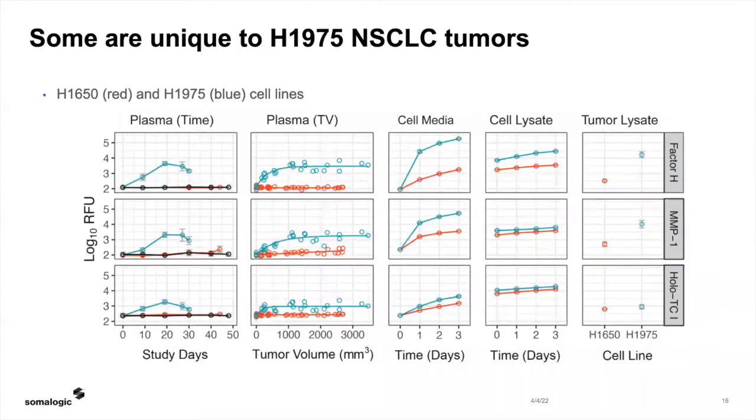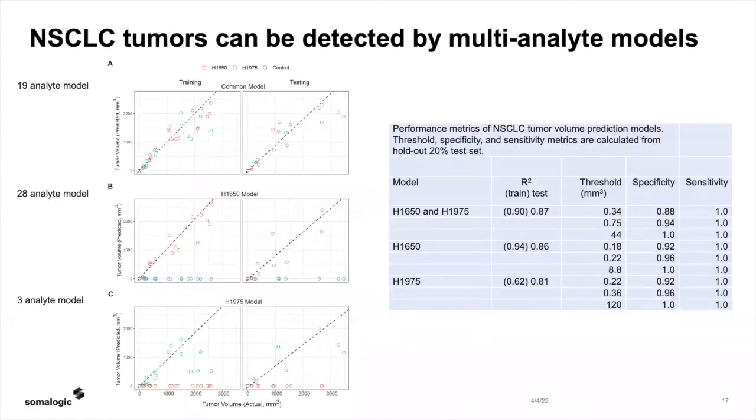and yet there are things that they share. So if we go to the next slide, you'll see some markers that are unique to these erlotinib-resistant cells. Now, we decided to expand this experiment. Oh, sorry, before I go there, we then took some of the proteins that you can detect early. We developed a model based on measurement of multiple proteins at the same time. And what we have observed